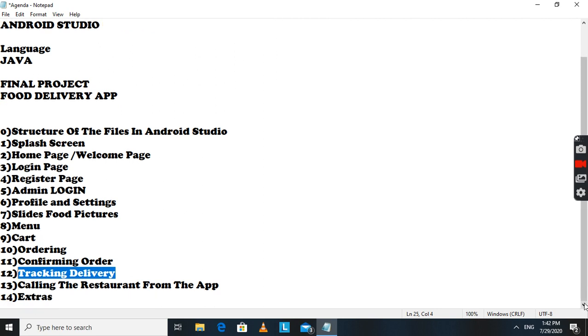So from the app, we initialize the phone number so that you can call the restaurant without leaving the app. We'll put the call-in functions inside the app. And some of the extras that we'll put, which we don't